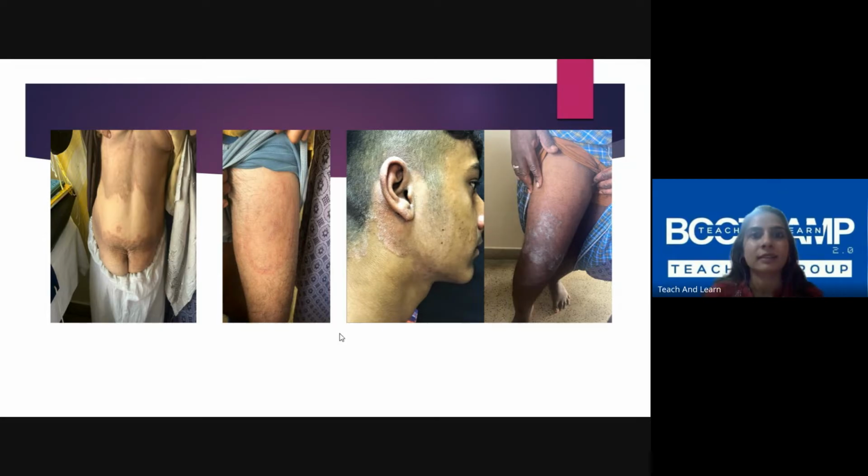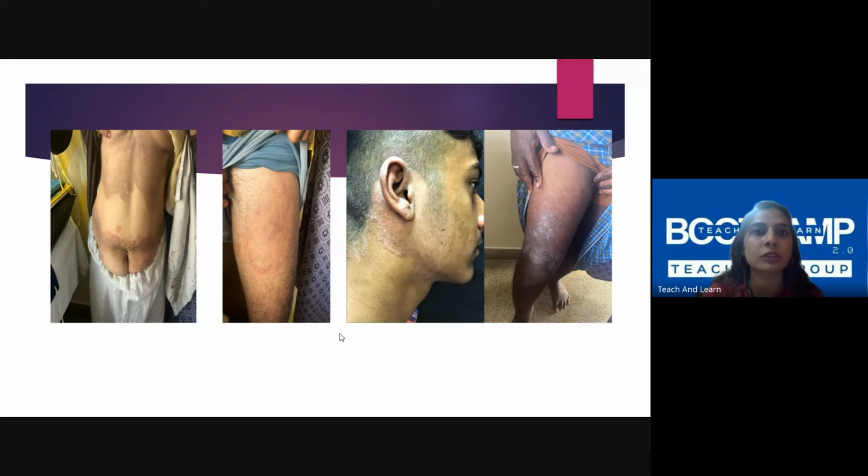Yeah, like Dr. Mika said, you have to see the lesion. Whenever a patient comes to you telling that there is itching, they would be reluctant to show you, because in case of tinea, it will be in the groin area or the buttocks or in between the creases. So they feel shy to show you. If it is a female doctor, the male patients, vice versa. But you have to tell them that you have to at least, even if you know for sure there is another lesion on the face and which is tinea, you should not assume that the patient is gonna have the same lesion in the groin as well.